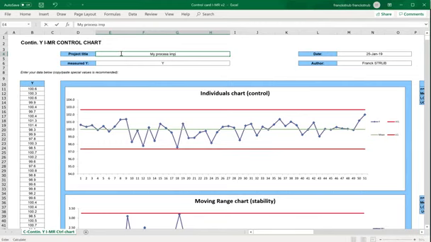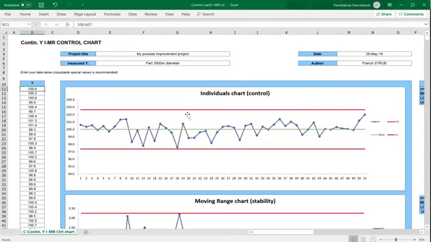process improvement project. You can change the date. We are in May. And of course, you can change the author's name and tell us what you measure. Could be part 300xx diameter, as an example. And then here you will enter the individual measurements of your samples that you collect to build and to control your process with an individual control chart.